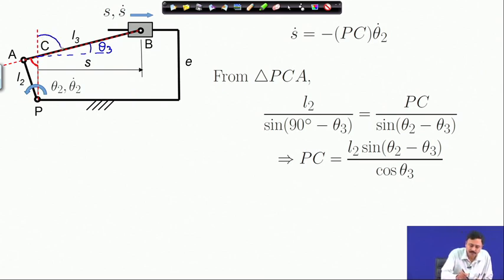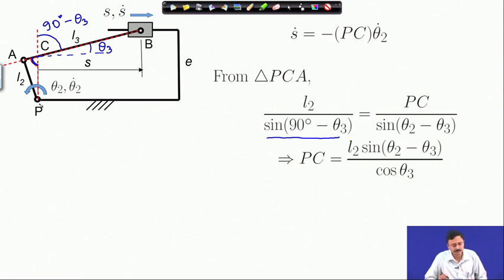So, therefore, this angle must be 90 degree minus theta 3, and that should also be equal to then this angle. So, therefore, L2 divided by sine 90 degree minus theta 3 must be equal to PC. PC is this distance, this arm of the triangle,